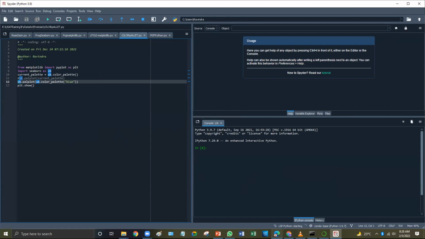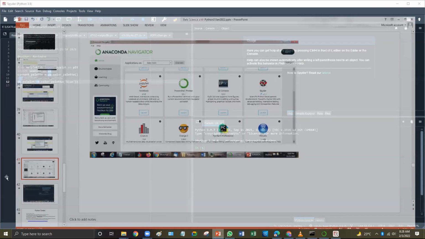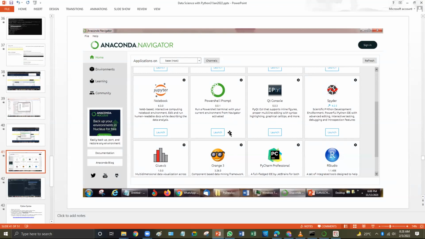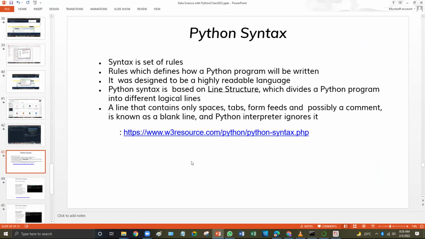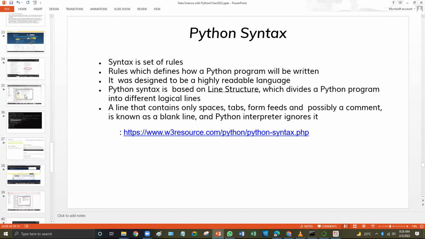I'll take you to my PPT again. These are all things that get installed in the background, like NumPy, the basic matplotlib, all these libraries got installed with Anaconda. So we have all these libraries on your systems. So we are ready with Python scientific, data science development overall. Okay, this is how it's looking. Now, for the syntactical term, I already talked to you on this. This is where we normally refer to.